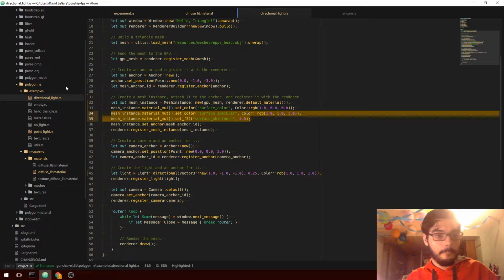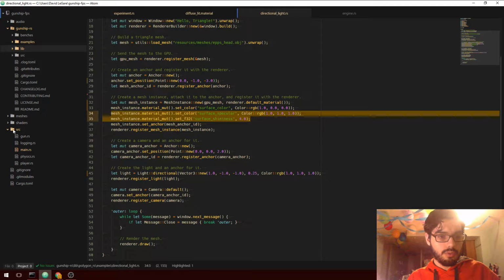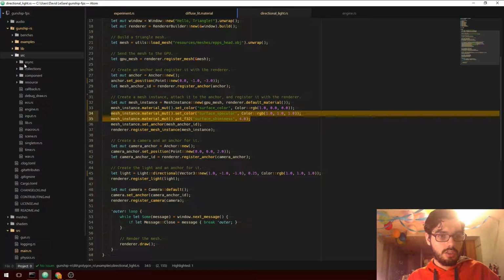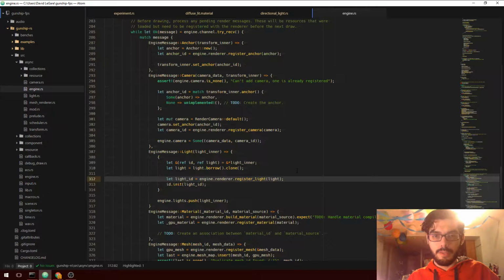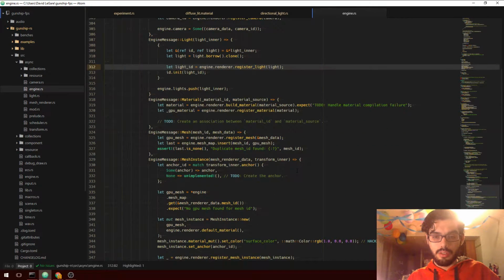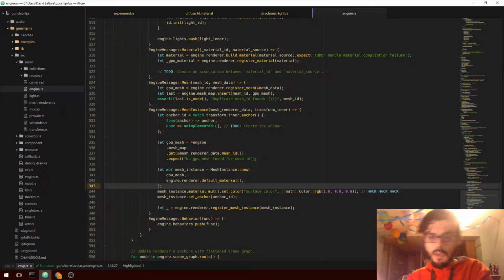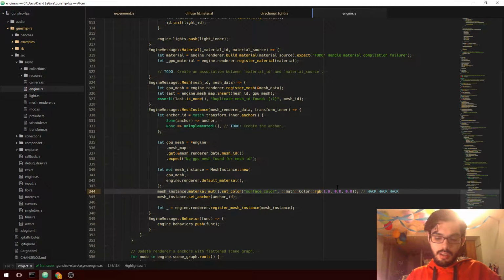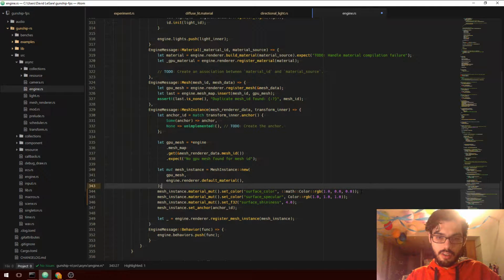Alright, so let me show you my little hack that I've got in the engine to handle the fact that I have no way of creating materials. So let's go up into my engine code. I believe it is in the actual engine source file. It would be when we create mesh instances. So I create a mesh instance, and I create it with the default material, and then immediately I set a bunch of properties within the mesh instance. Now this covers kind of two